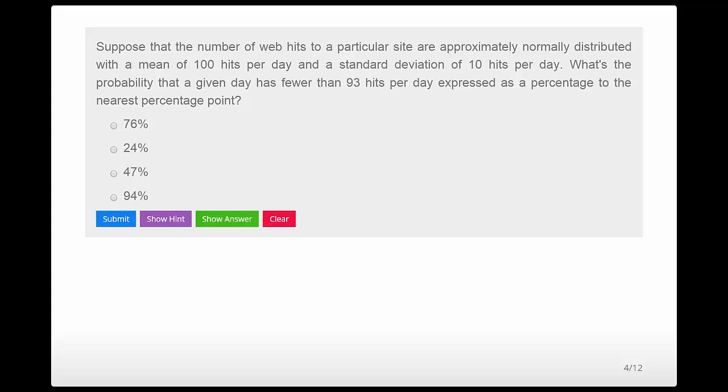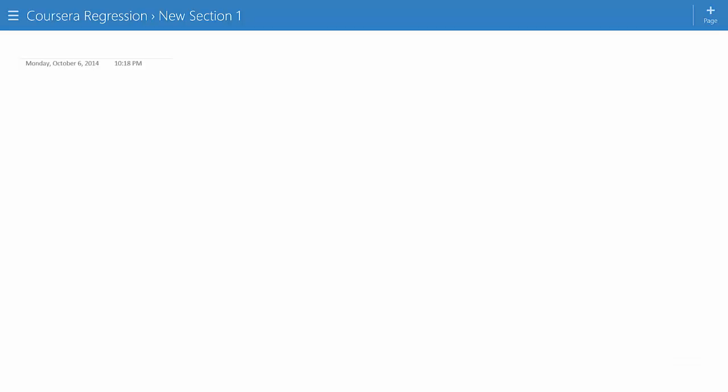So it says, suppose the number of web hits to a particular site are approximately normally distributed with a mean of 100 hits per day and a standard deviation of 10 hits per day. What's the probability that a given day has fewer than 93 hits per day, expressed as a percentage to the nearest percentage point? So let me switch over to my notes,